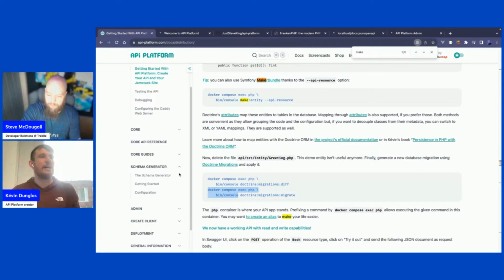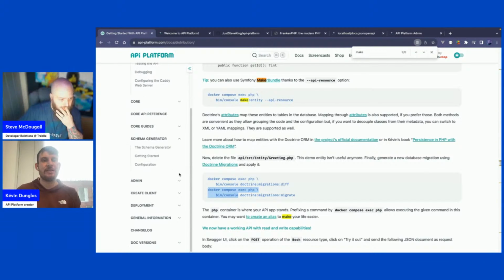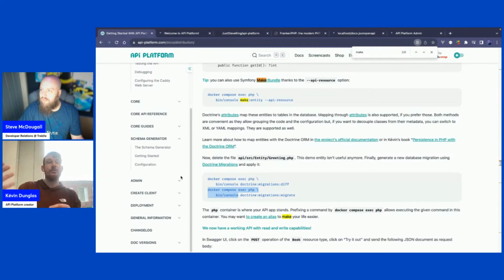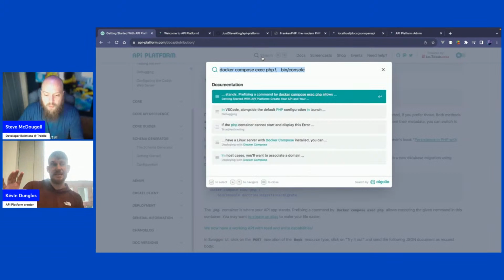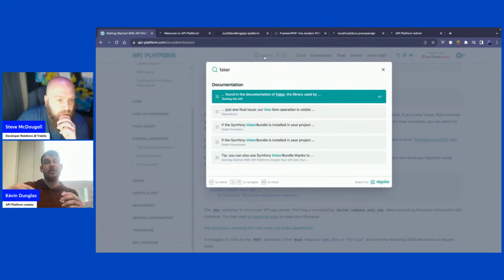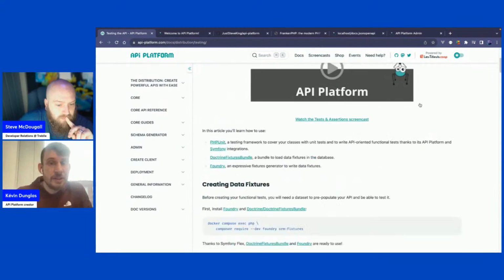And so we have an integration with Faker that comes from the Symfony world, but that is now maintained by Laravel people, if I remember correctly. And so you should be able to populate your database with a lot of fixtures using Faker, and then you should be able to see the automatic pagination in practice.